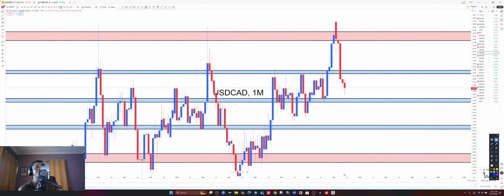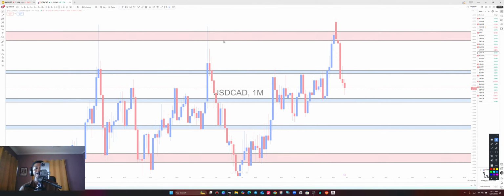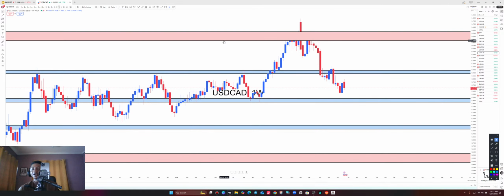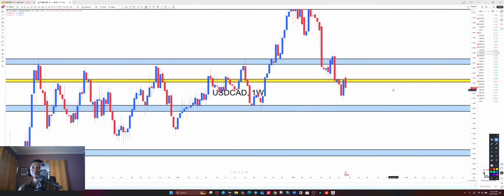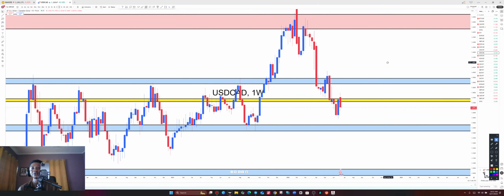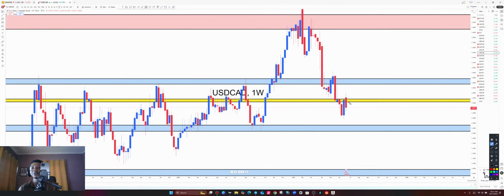So let's go again to the weekly time frame and also consult the weekly for more info. All right, so onto the weekly time frame of USD CAD. Let's put meaning into it very quick. All right, so USD CAD on the weekly time frame, we have the weekly mid-range zone. What has happened on the weekly time frame? Price is also moving in a downtrend on the weekly, supporting the direction that we want to go. So we can see a lower low here. We can also see a lower high, then another lower low, another lower high. We expect price to continue the downtrend to make contact with the what? Monthly support level, which will complete the monthly lower low that we talked about on the monthly time frame.